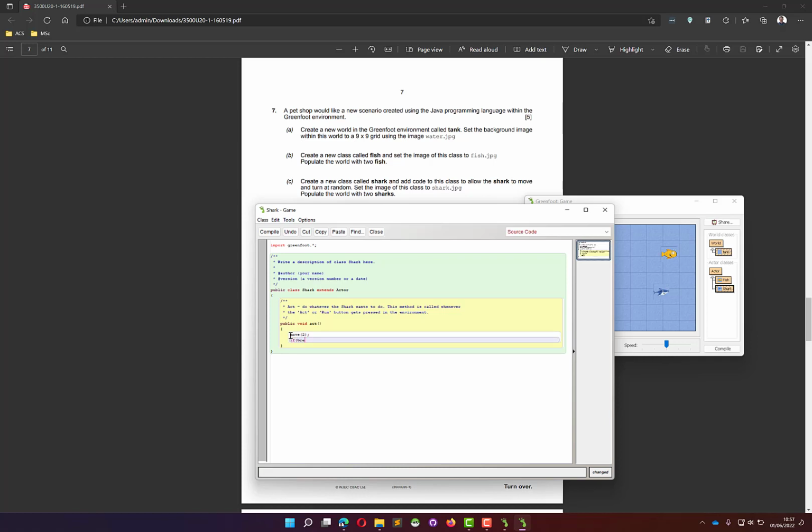So I'm going to say if greenfoot dot is key down. No, I don't want key down. Sorry, I want get random number. Because remember, we're not controlling the shark, it is doing it randomly. The random number is going to be between 0 and 100, and if it equals 10, then I'm going to use the exact terminology they say, which is turn, and I want it to turn at random, so I'm going to use greenfoot dot get random number. Again, I'm going to get them to turn at random 360 degrees, so I'm going to put in 360,